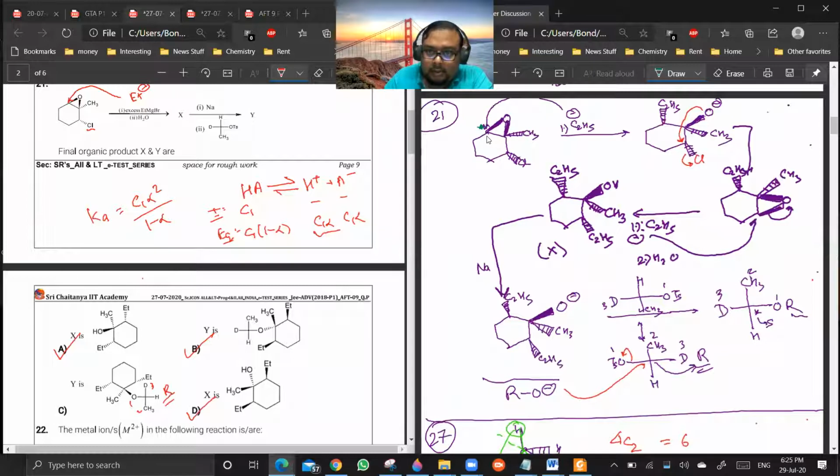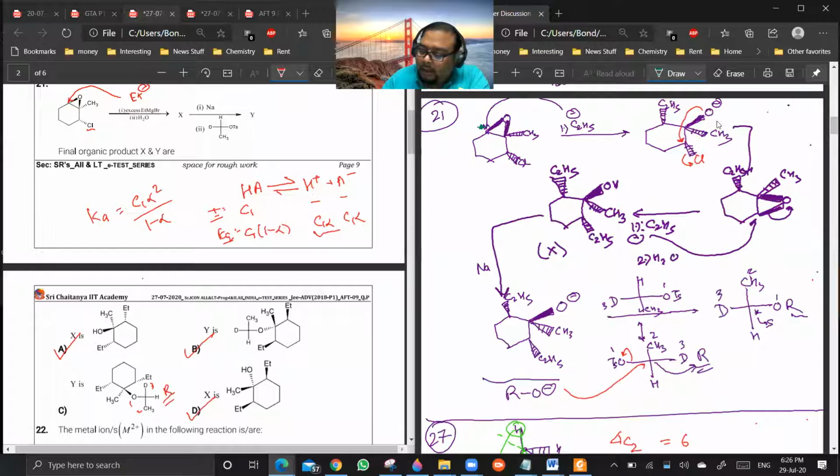Yes, sir. So you have C2H5 minus, which is the attacking nucleophile. It will attack from the downside because this oxygen is up the plane, which I have shown by a solid wedge. C2H5 is shown by a dash wedge because it is down the plane, and oxygen has gone up. Now it is a free O minus. But O minus can attack this Cl minus because it is anti to Cl minus, so it can do a backside attack.